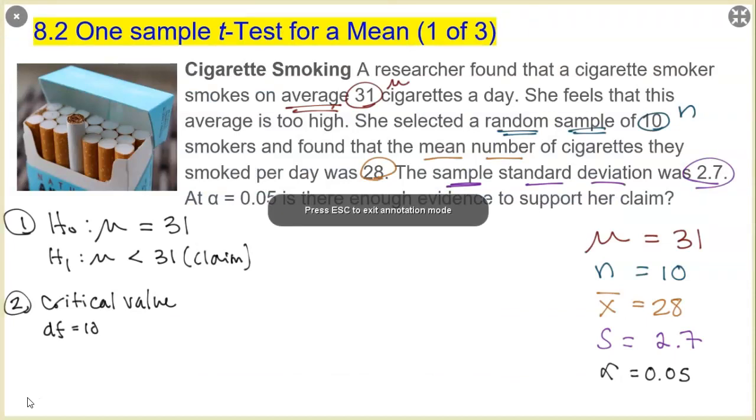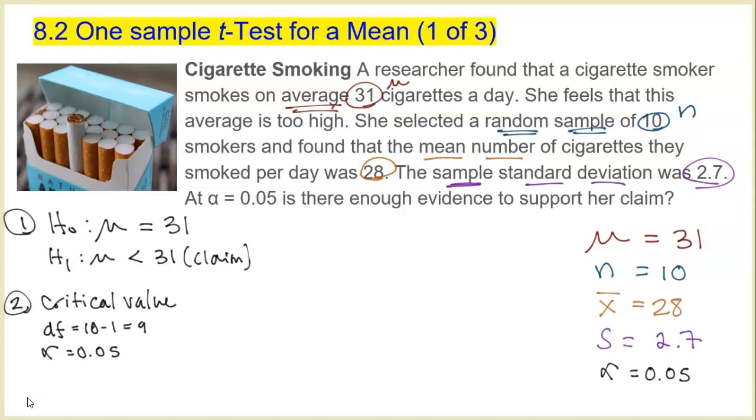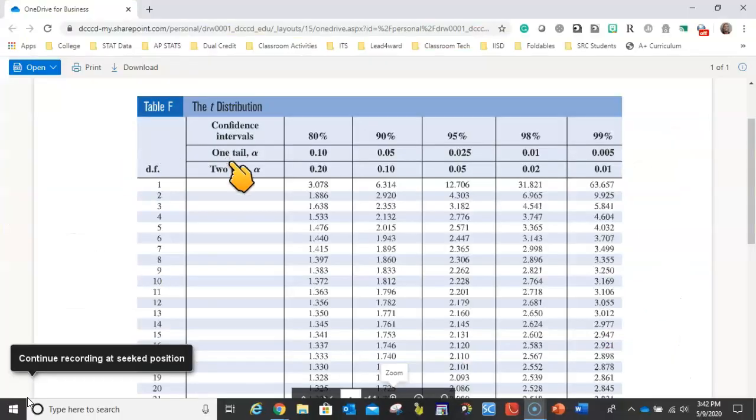So we know that the degrees of freedom is the sample size minus 1. So 10 minus 1 is 9. My alpha is 0.05. And this is a one-tailed test. Now, I know it's one-tailed because of the symbol here, less than. It's only on the left side of the distribution. So when I go look at my table, I'm looking for one-tailed, 0.05 for alpha, and also 9 for degrees of freedom. So we want one-tailed, 0.05 for alpha, and I want to go down and find 9,